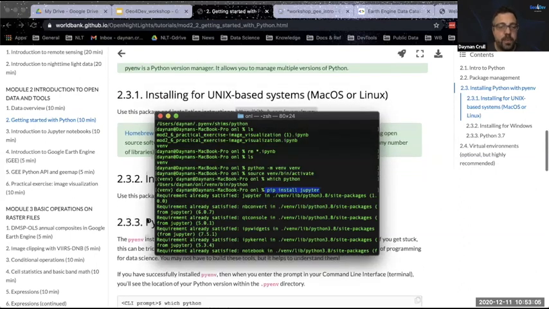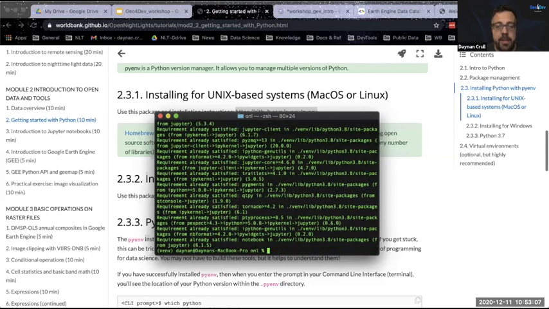We'll get into the notebooks in a little bit, but I just wanted to spend a few moments here to show you that if you're working on your laptop and you have Python, I would suggest using PyEnv. You don't need to, but I suggest using it because you can install different versions of Python there. And then, as I just showed you, you can create a virtual environment.